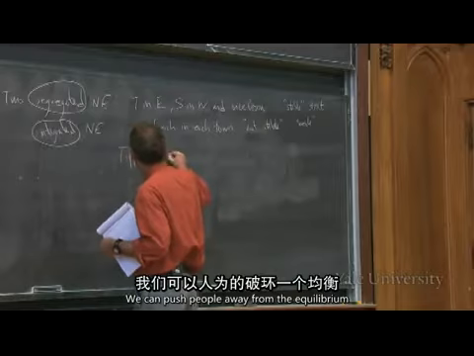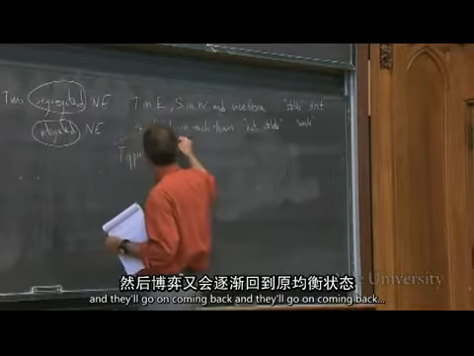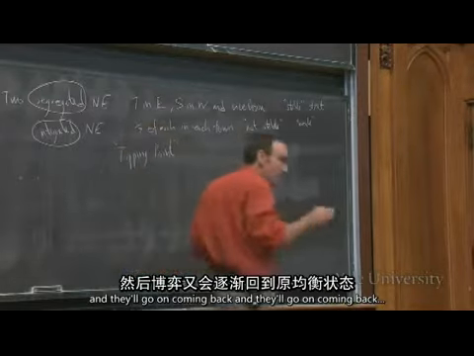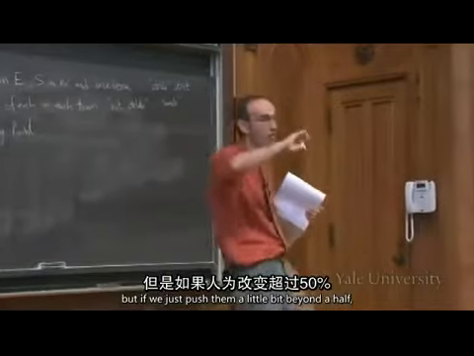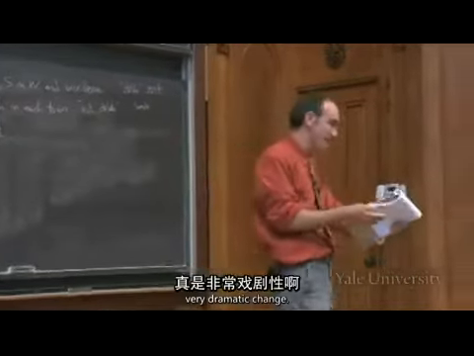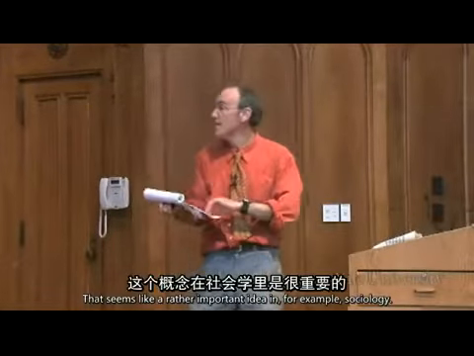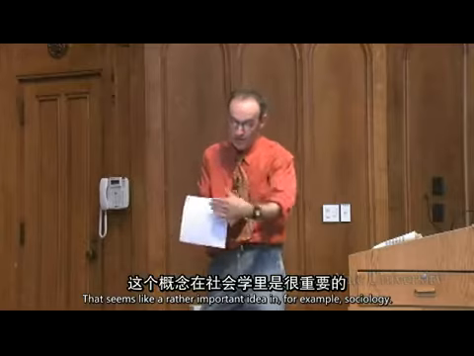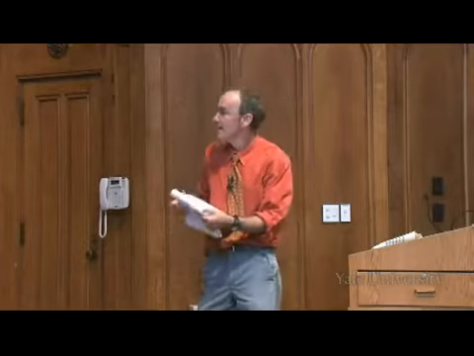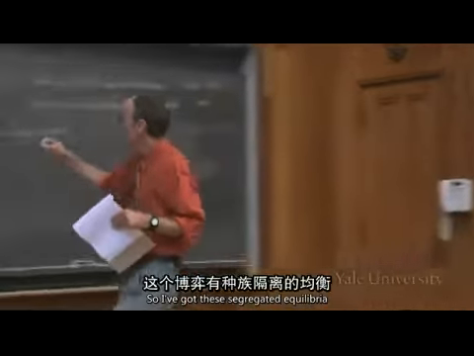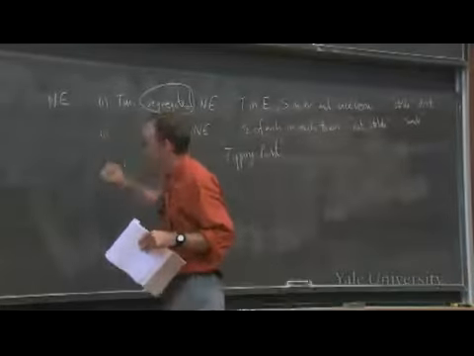We can push people away from the equilibrium, and they'll go on coming back and coming back, but if we just push them a little bit beyond a half, whoops, they'll go off to the other equilibrium. Very dramatic change. All right? So that seems like a very important idea in, for example, sociology. So I've got these segregated equilibria, and I've got these integrated equilibria, and let's just make the other